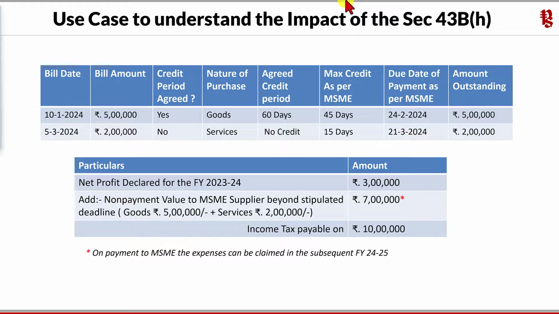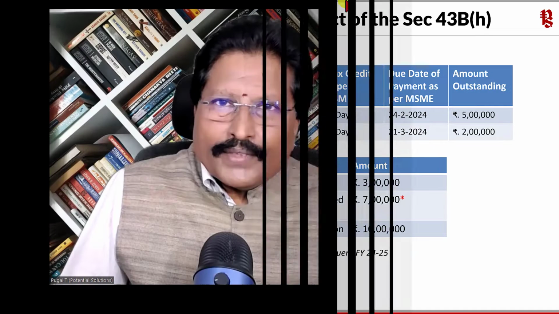So these are the two important aspects that we have to keep in mind as far as MSME payment information is concerned. I hope this session has given you a brief understanding of the nitty-gritties related to MSMEs' delayed payment and also the new section that is introduced, 43B subsection H, which is especially important and very critical for companies under MCA or filing returns through ROC, because we also understood the form MSME 1 and the